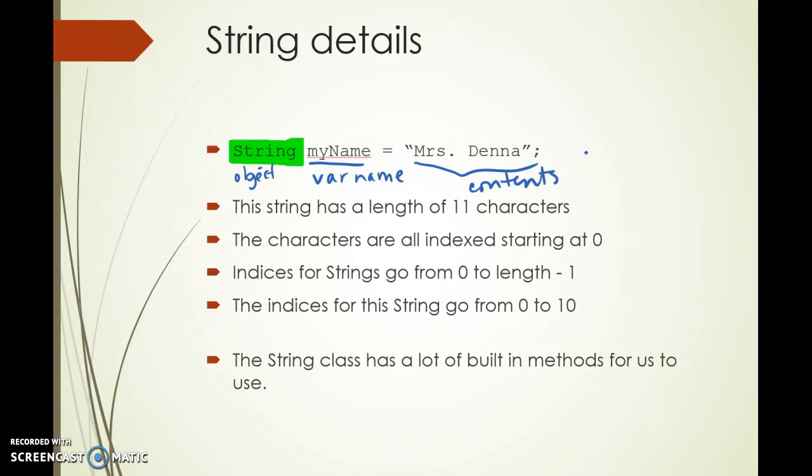Now, if I were to look at this string here, it has a length of 11 characters. And when we count characters, characters are going to be your letters, spaces, punctuation, etc. Basically, anything that you would hit on the keyboard is a character. Now, when I look at this, I can number my characters. So all characters index starting at 0. So this is 0, 1, 2, the period is 3, the space is 4, the D for Dena is 5,